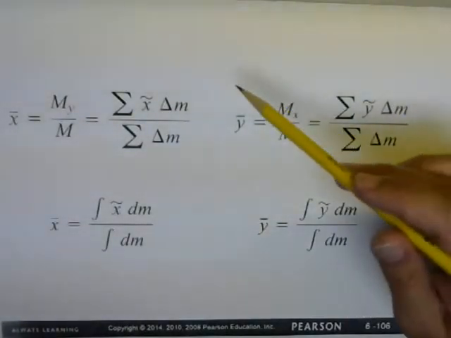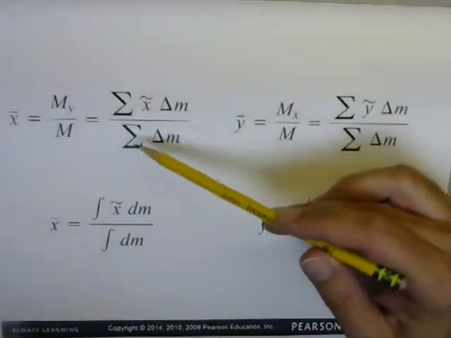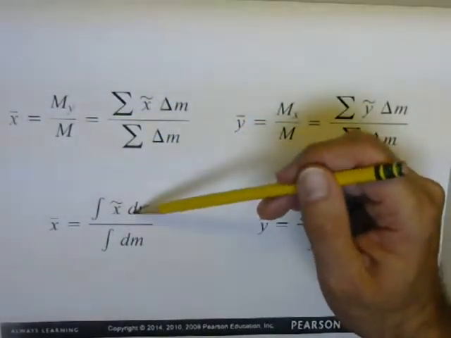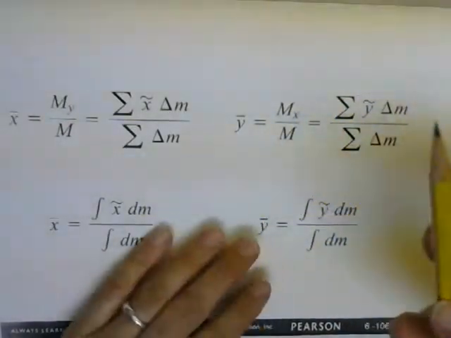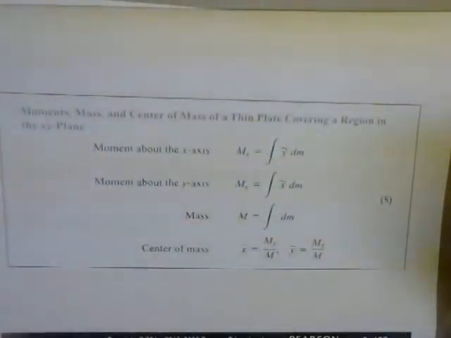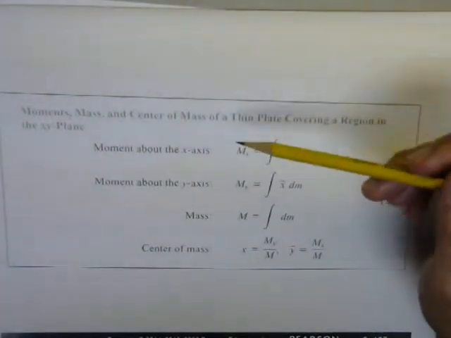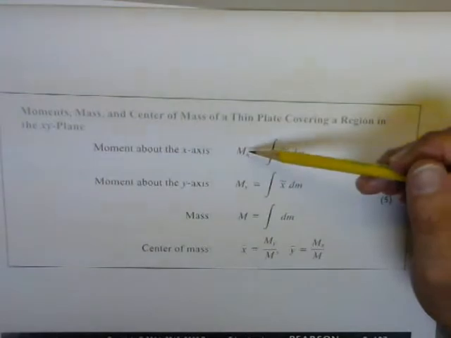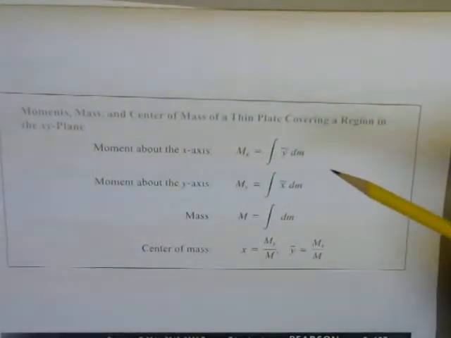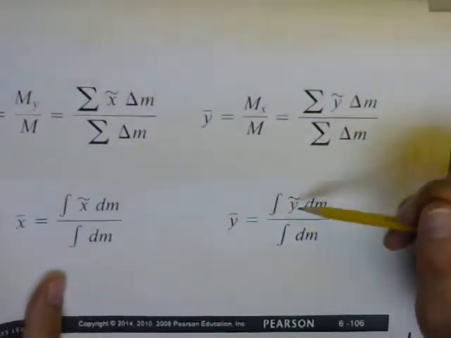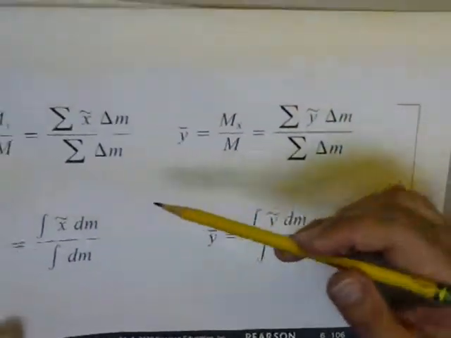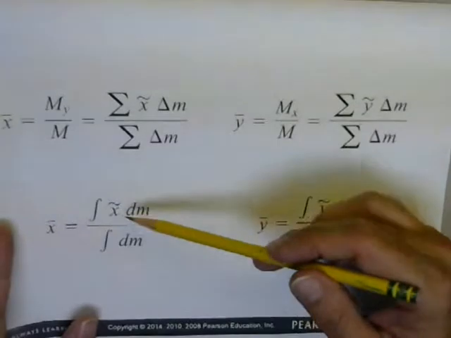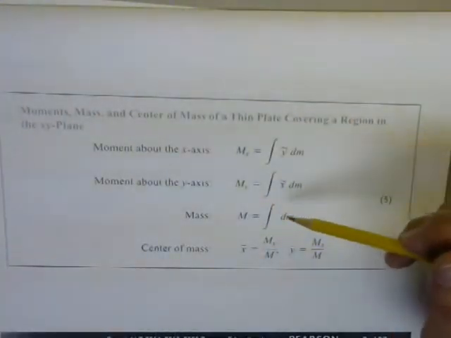And so what you'd want to do then is add these all together. Now, the continuous version of this, again, is you'd want to basically integrate. Right? So the moment about the x-axis in this case will be given by this. So this is basically just the top of this equation. Right? And the moment about the y-axis will be given by that, and then that'll be over the mass of